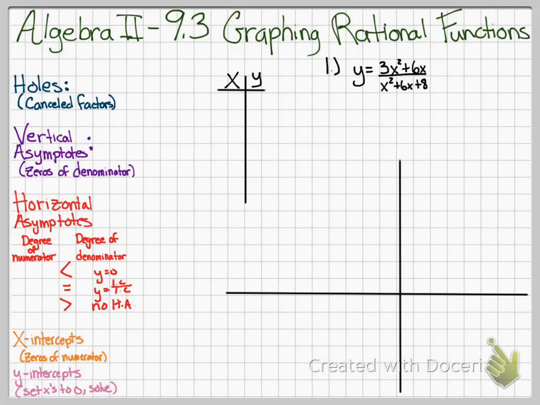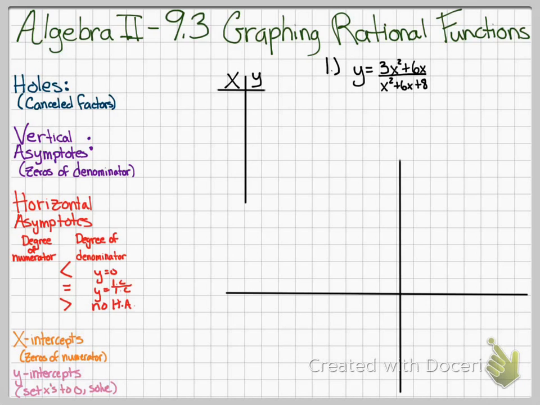And finally, the last two things I'm having you look for are x-intercepts and y-intercepts. To be an x-intercept, the y value has to be equal to 0. Because we're dealing with fractions, a fraction that has a 0 in the numerator makes the whole fraction equal to 0. So we just look for any zeros of the numerator for our x-intercepts. For our y-intercepts, we're going to set all of our x's to 0 and solve for y, and that's going to give us our y-intercept. All right, so now that we have the 5 things that we're looking for, let's take a look